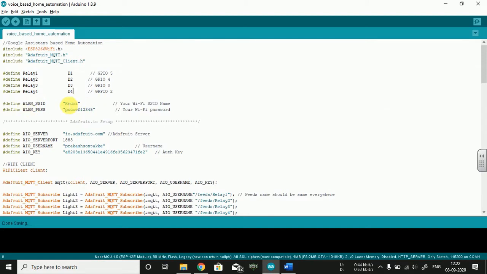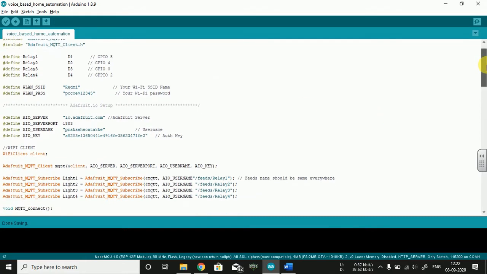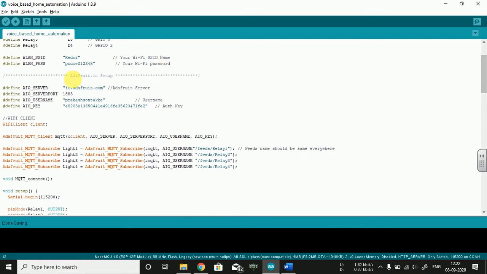What else is given? You need to provide here the SSID name of your Wi-Fi, that is the name of your hotspot, and the associated credential, that is the password of this hotspot or Wi-Fi, to provide the authentication. What else do you require? What I have just shown is the content of your Adafruit IO setup.